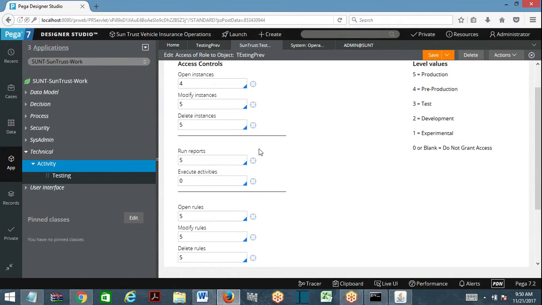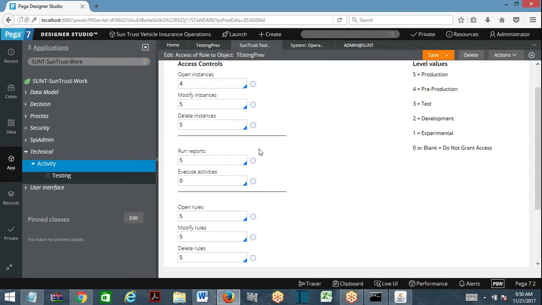Access role to object defines environment numbers. If you give 4, that means from environment 4 and below environments it will work. That is fine. See, I want to prevent the execution of the activities for environment 1, environment 4, environment 5, but in 2, 3 it has to execute.